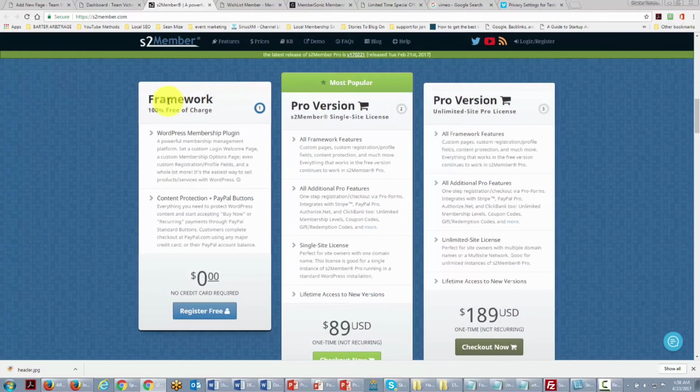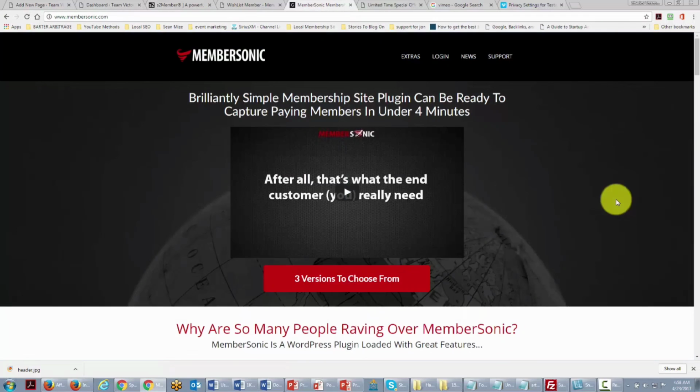Now, WordPress has some free solutions that do give you more flexibility in terms of how you're going to safeguard some of your content. One of those methods is going to be the use of the plugin S2 Member, which will help you to safeguard some of your content. Now, if you're willing to look at a paid plugin, there is the plugin MemberSonic, which is simple to use and not as expensive as some of the other plugins that do the same thing. This will allow you to integrate with networks like JVZoo and Warrior Plus in order to sell your content and